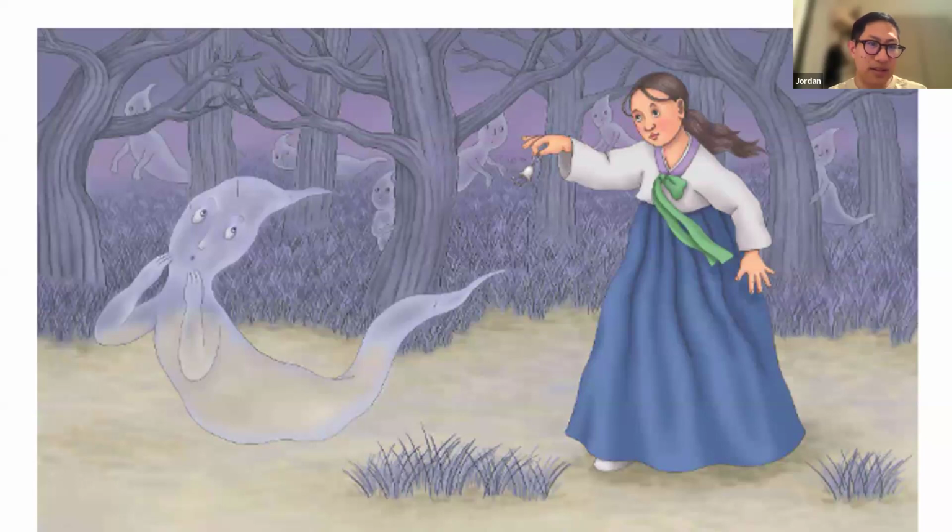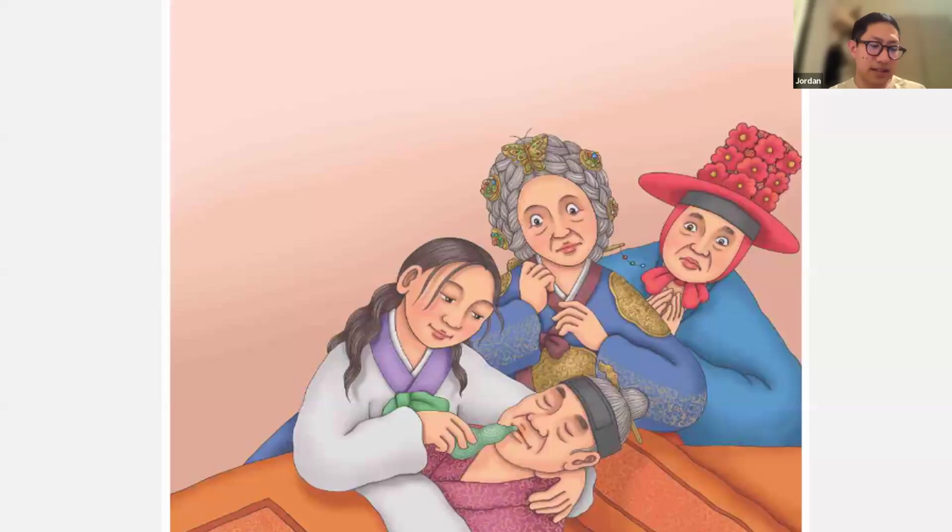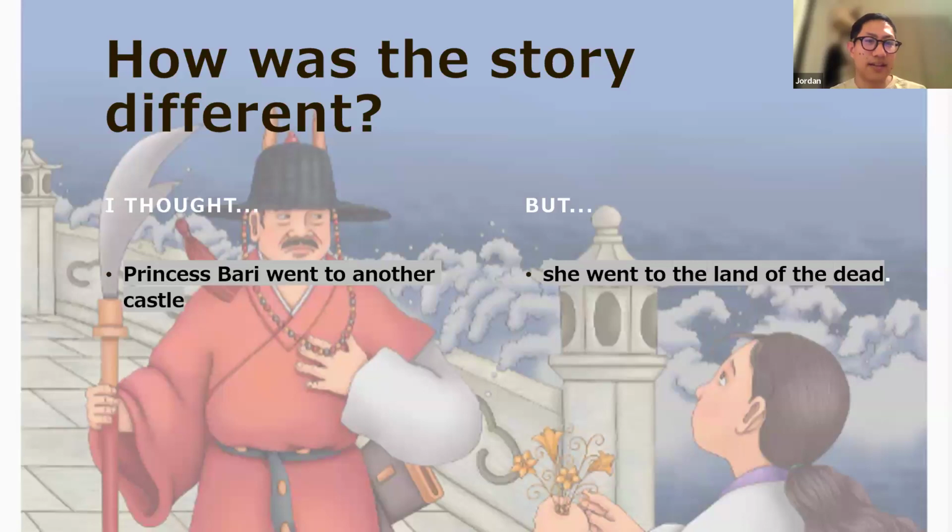Ghost out of the middle of nowhere came, and they just make some pre-reading predictions before getting into the book by themselves. And then they would read it, of course, and then have another activity at the end. You know, what was different from what you thought, kind of thing. And for these two types of activities, like summarization and prediction, I do let them read